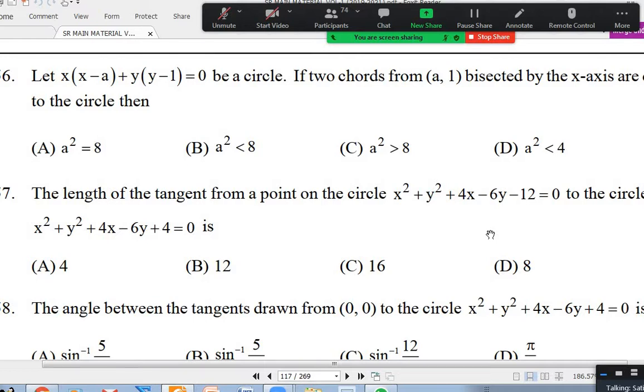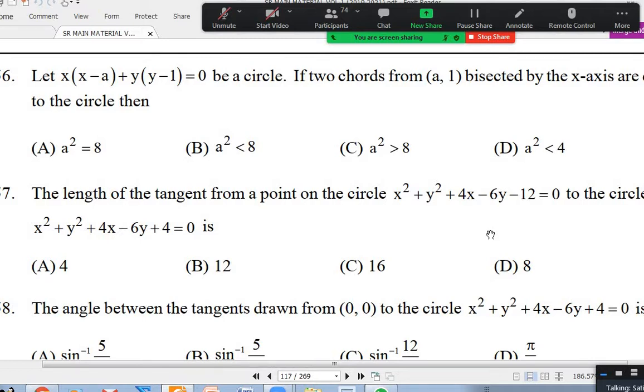Yes, they give two concentric circles. That's why you take this point or this point or this point or this point. The tangent length is constant. Why? If this is the radius of the inner circle R2 and this is R1, definitely this length of tangent is square root of R1 square minus R2 square, whichever point you take. Right? So that is easy from the figure. Just find the radius of the two circles and use root R1 square minus R2 square.